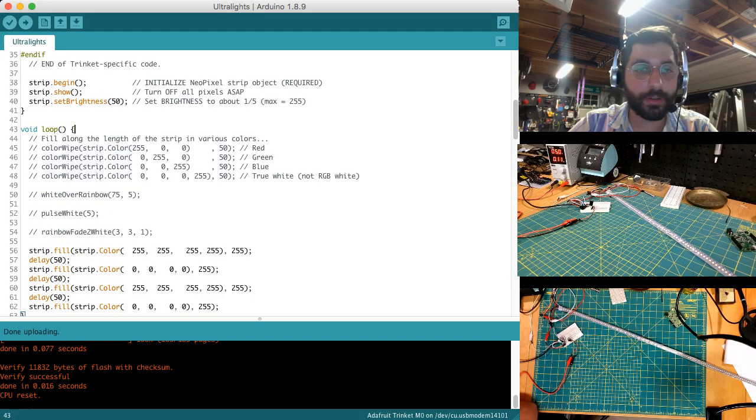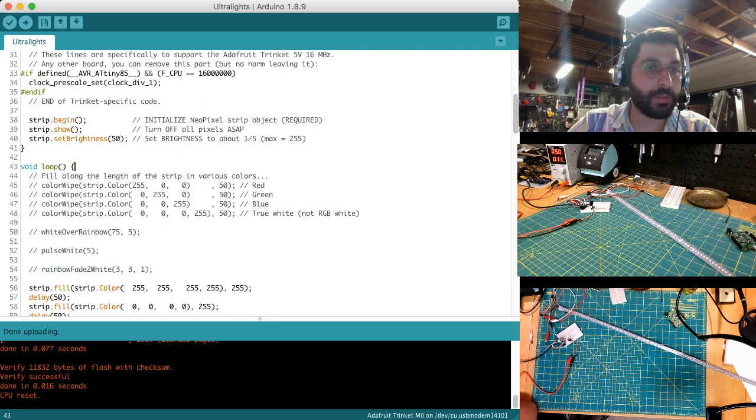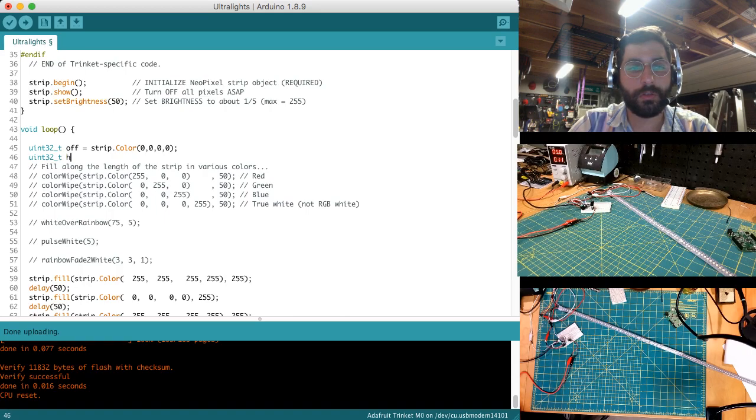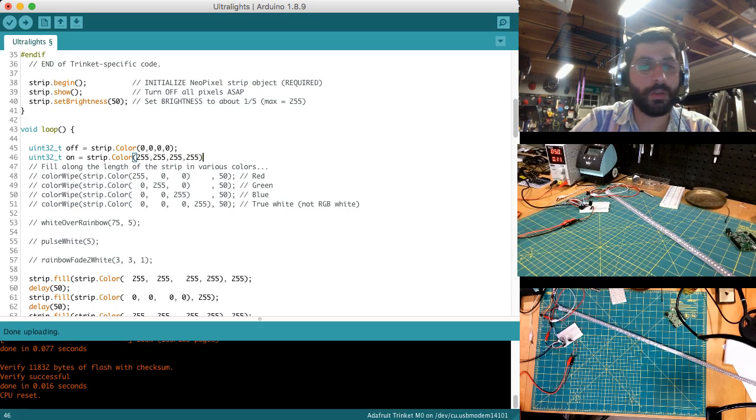Okay, well, that did not do what we wanted it to do. Let me see. So I think it may be easier if we just set some variables here at the top. So I'll just say, I guess, on. So the input